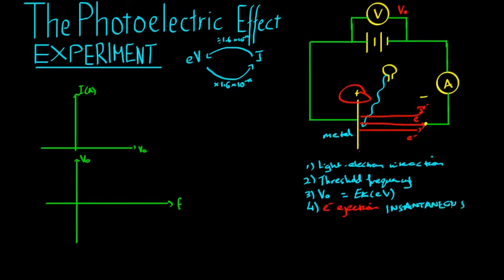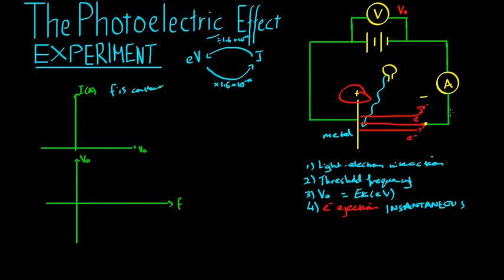No matter how low intensity I make this light, even if I make this blue light as dim as I can, as soon as the light reaches this metal surface, I will see an ejection of an electron. Now we go over to our graphs here. We know that at a certain light frequency, so here frequency we'll say is constant,